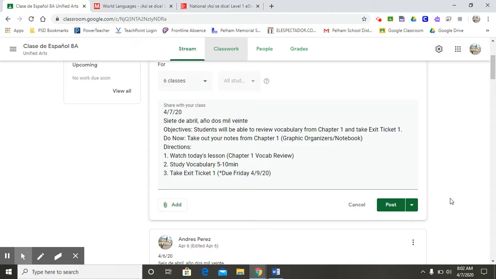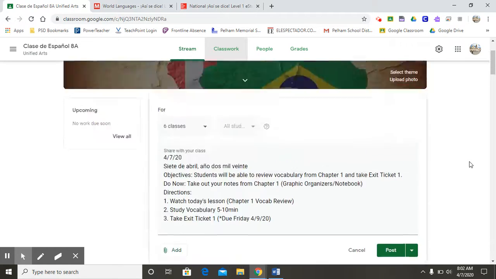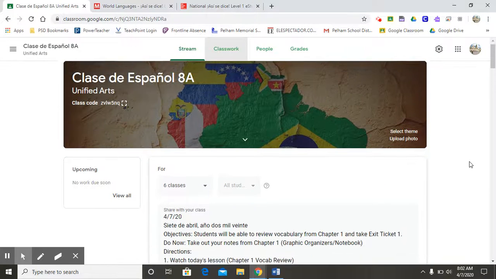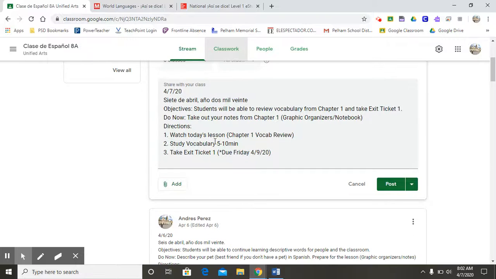And second of all, you're only really hurting yourself if you use it. I don't think I make these lessons too hard. In fact, I literally went over what you need to study. So as long as you study and you're being responsible, don't break my trust, all right? The exit tickets should be fine. You have nothing to worry about. With that said, please make sure you do your exit ticket. Study for about 5 to 10 minutes before you take it, all right? And you should be good to go.